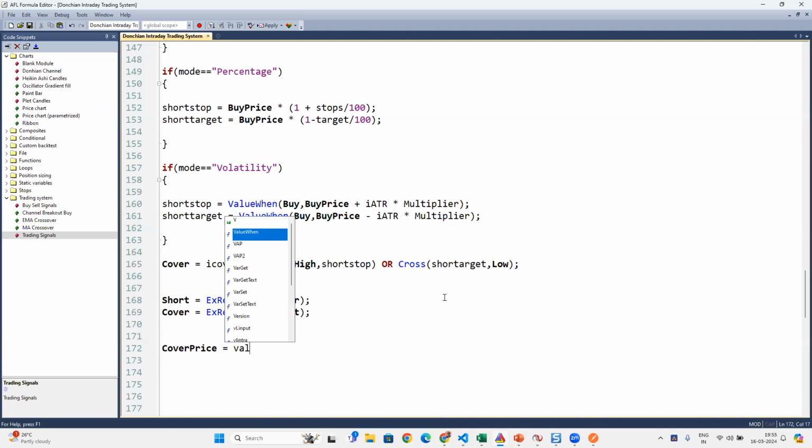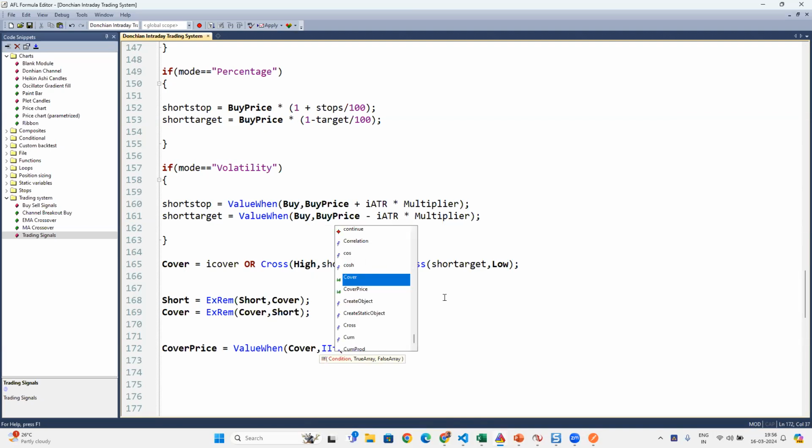So I'm going to quickly say value when cover, comma, I'm going to say IF, if cover signal is happening because of cross of high comma upper, means when the upper signal is crossing, the reverse signal is happening, I have to exit my shorts. In that case, my upper level is going to be my exit price, and which is followed by that, I'm also going to say if,